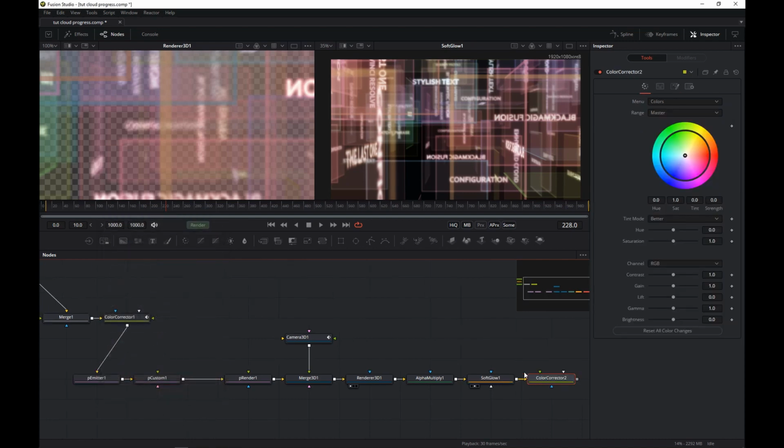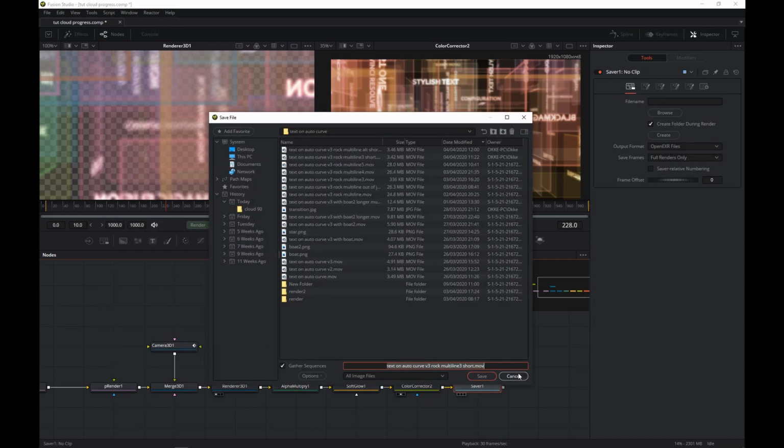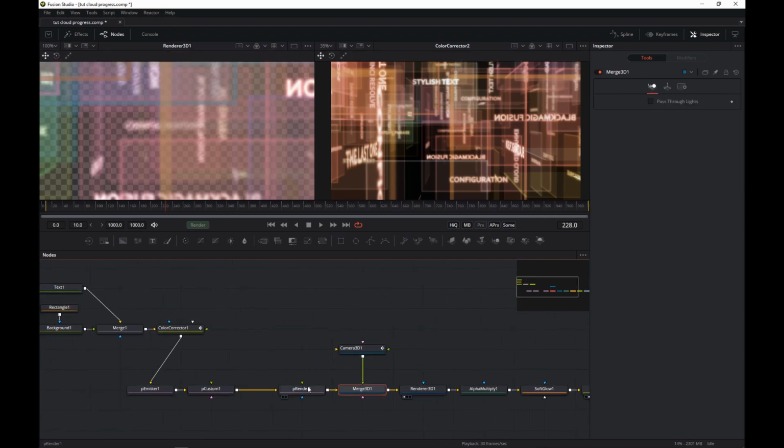And then finally, I'm going to add a color corrector, and then we can apply some correction to the whole thing, should we want to. Again, this is all to your own liking. Well, the whole thing is, of course. Now, the very last thing, of course, would be to add a saver to save it out, but I won't go into that. Whilst I said finally, there's one other thing I wanted to touch upon, and that is really